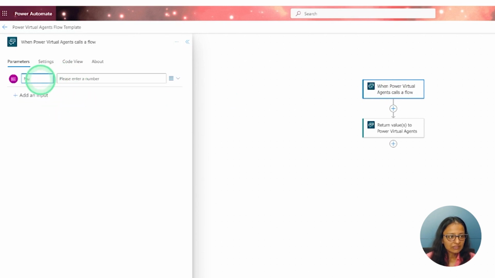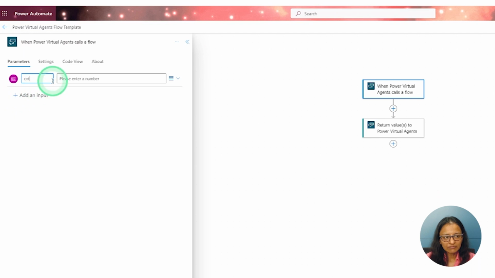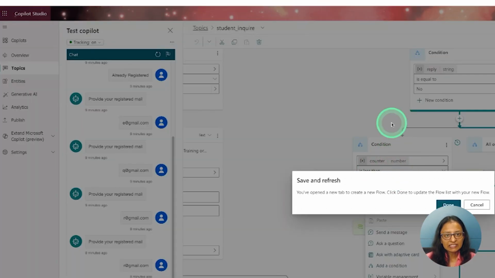So I'm receiving the value in CNT, that is a short form of counter variable. So from here, this counter value we are passing into that variable called count, and then we are initializing the value of the counter with the value which I received.